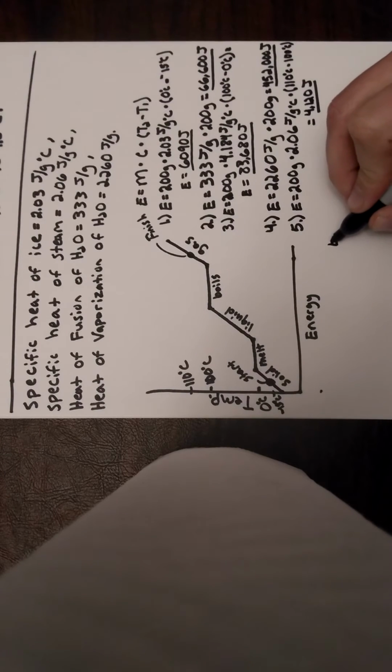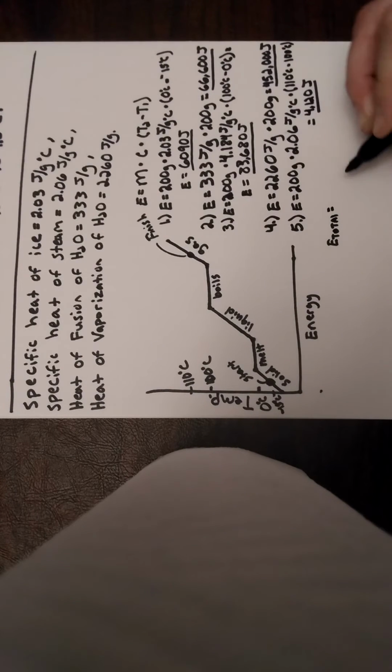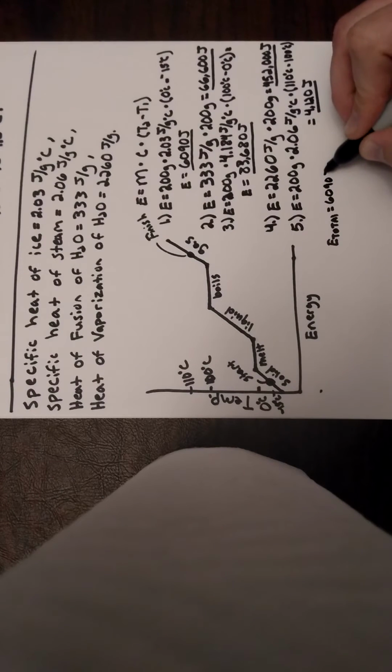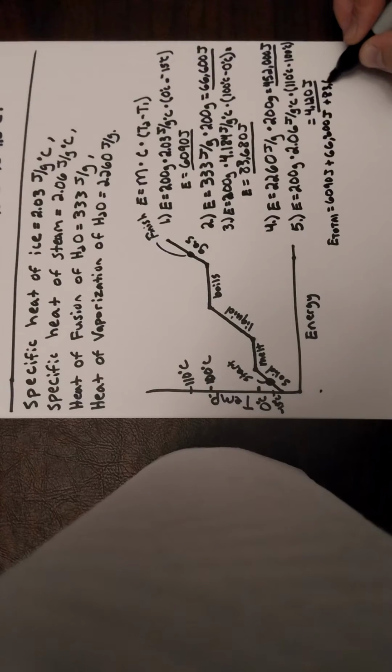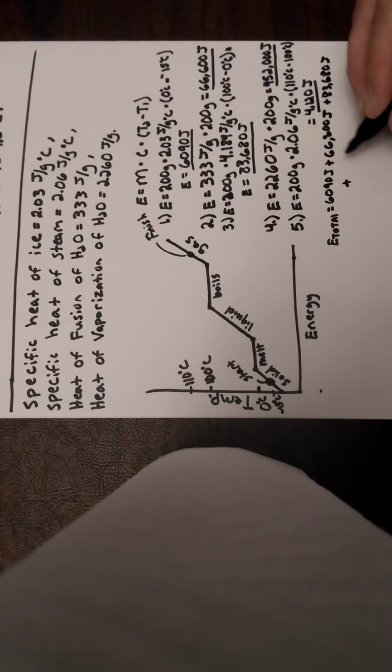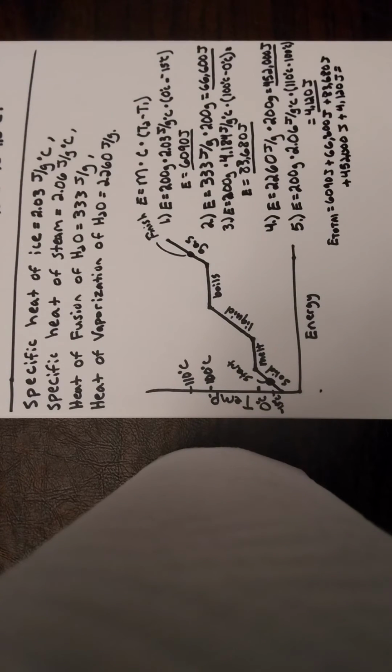So energy total equals 6,090 joules plus 66,600 joules plus 83,680 joules plus 452,000 joules plus 4,120 joules. When we sum all those up, we should get